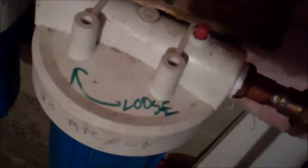You see the wrench for removing the water filters, and also the board in front of it is used to tap the water filters loose. I have written on there which way is loose. Already Colin and I have spent a lot of time doing it the wrong way. Needless to say, it buggered things up. But at any rate,